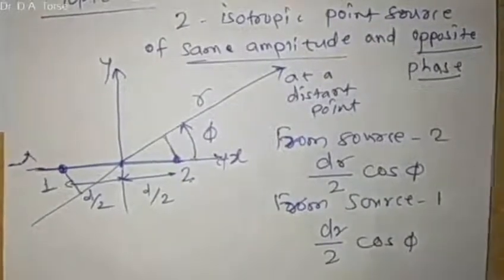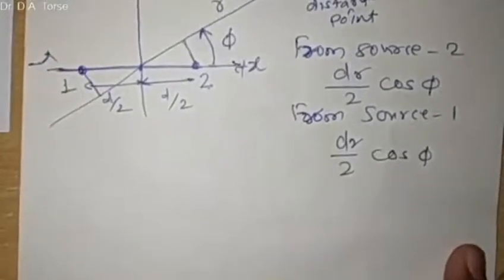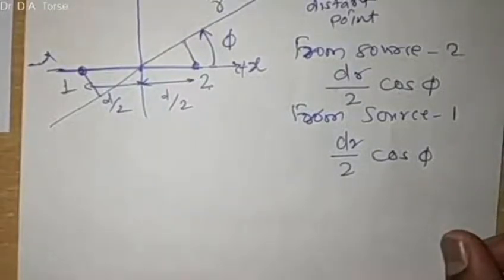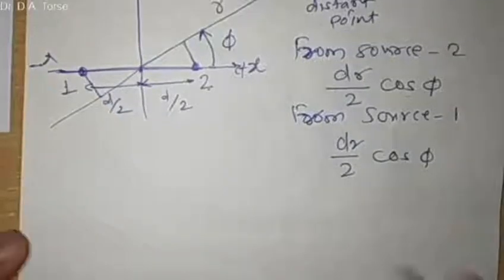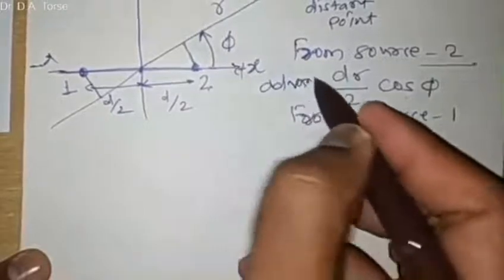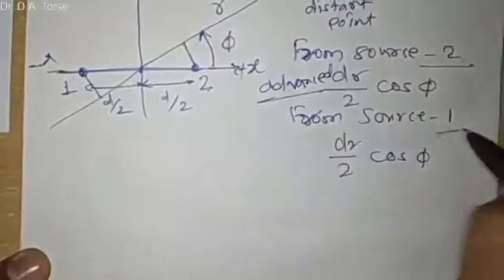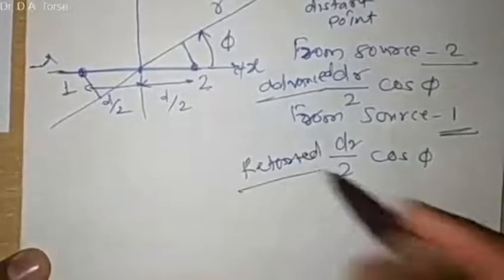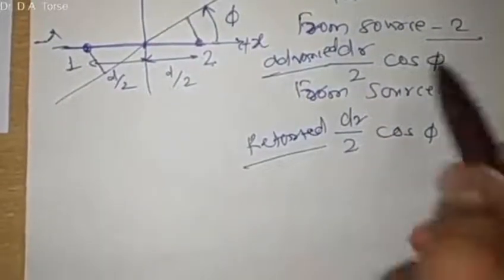Let me explain the difference between advanced and retarded. This is the only difference in the time at which these fields are received. The advanced field will be received earlier, and the word retarded is used to indicate the field received at a later time. So source 2 we represent as the advanced field, and source 1 as the retarded field,